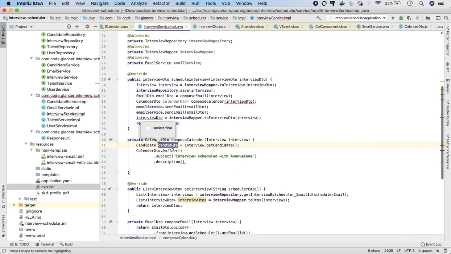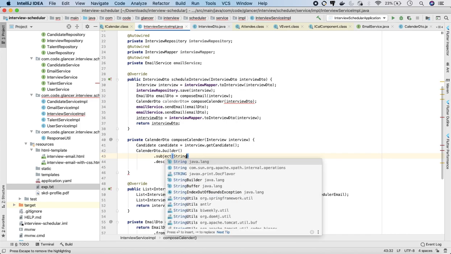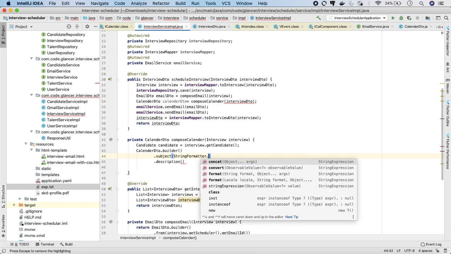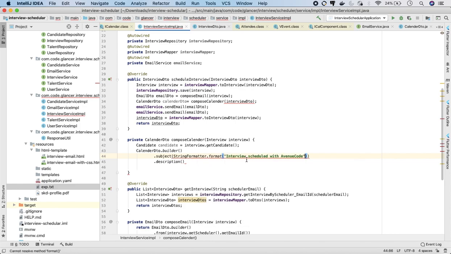And so in the subject, basically we can give "Dear" something, right? So let me just write it: String.format, formatter.format. Maybe "Dear" is not required, only the name, right? So the percentage is